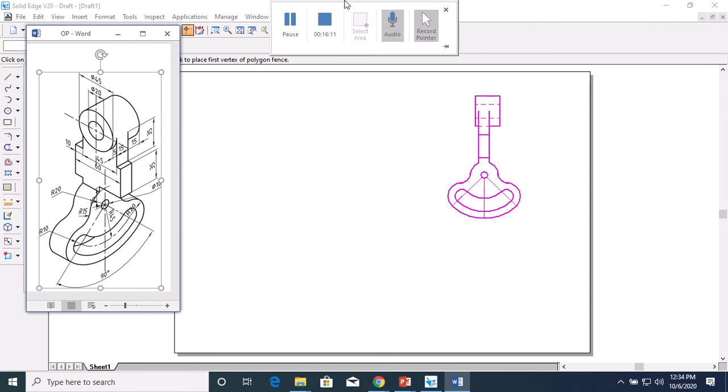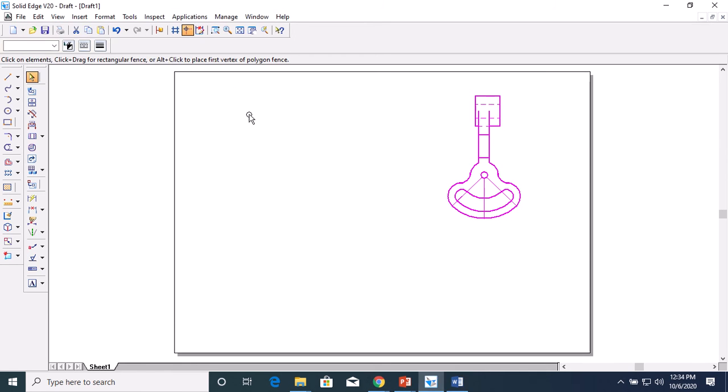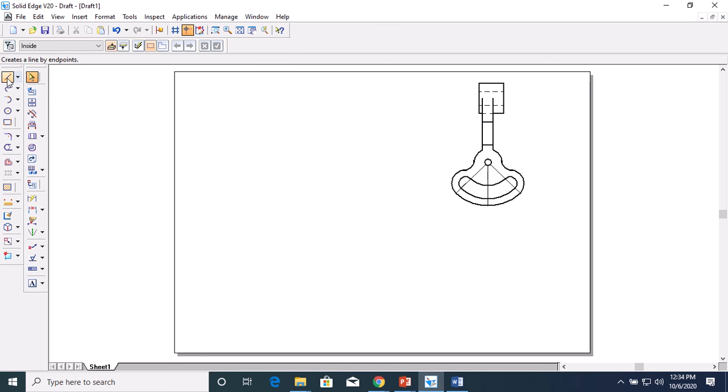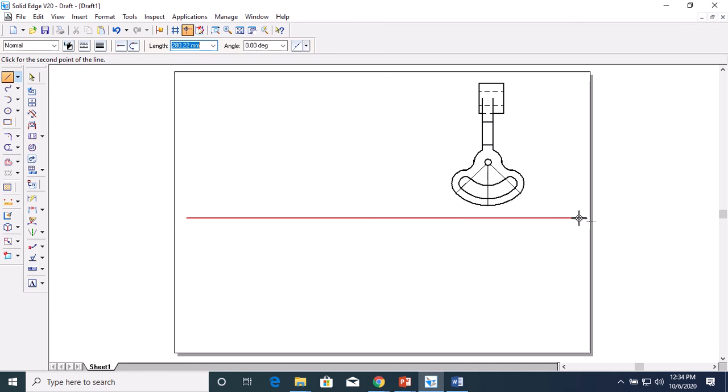So in order to draw the top view, just draw the xy line. Because I scaled down to 50%, all your dimensions you have to reduce to 50% and take from now onwards. So draw the xy line. For our betterment, let's move to the top so that you will get enough space. Select normal line, draw this one line, then draw the top view, how the top view will look like.